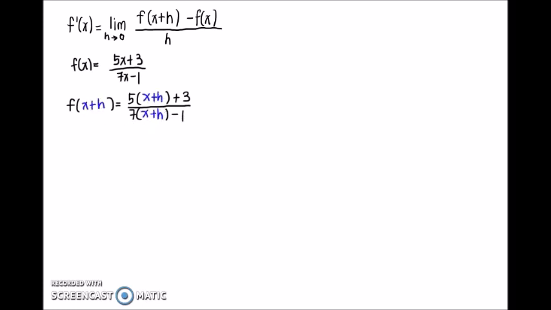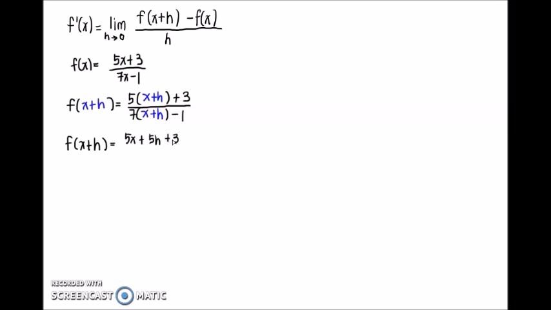Okay, now we have to simplify it. F of x plus h is equal to 5x plus 5h